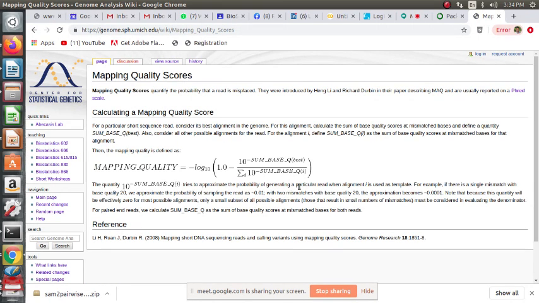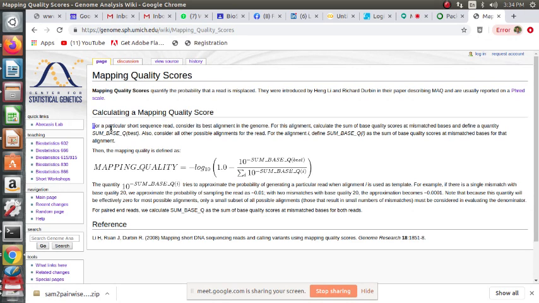yes, so we see the MapQ quality is also based on log to the base 10, but it's a different way we are computing it, right? Yes, can you see this formula? So in the Phred score, we basically just take the probability of error of the base at a particular position.